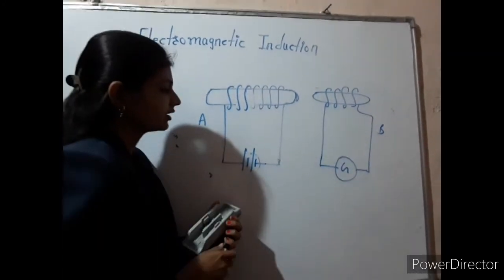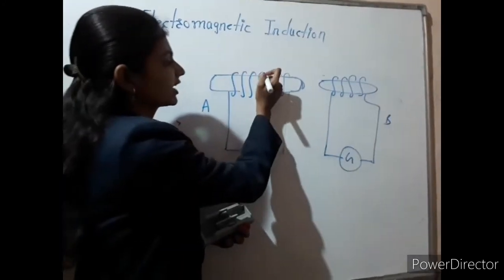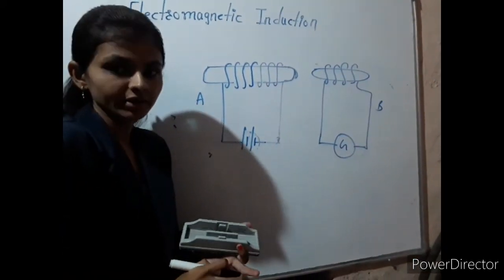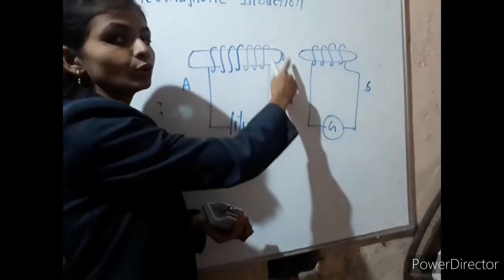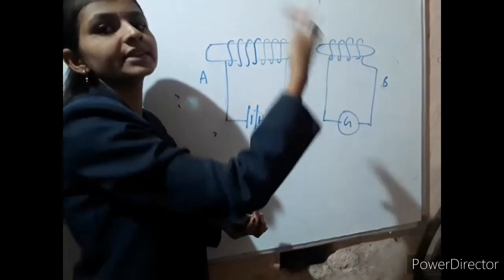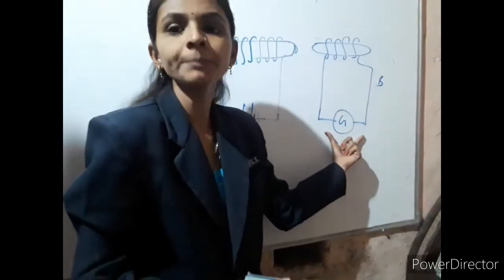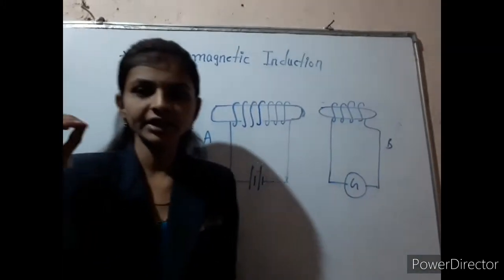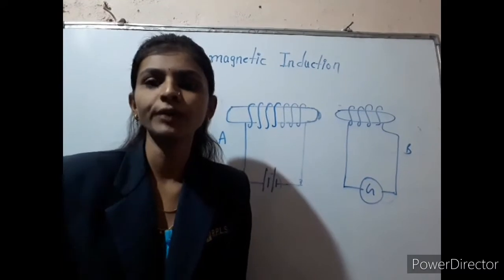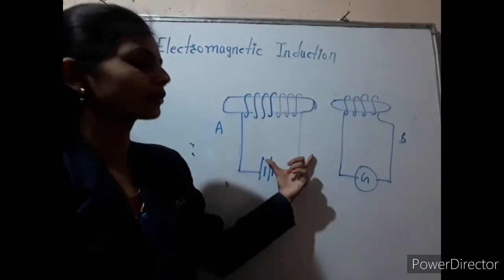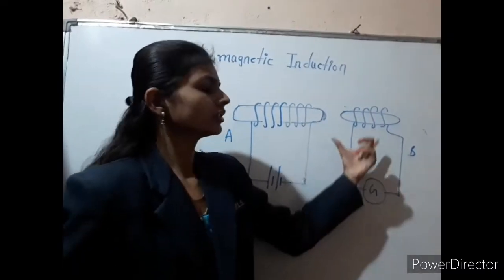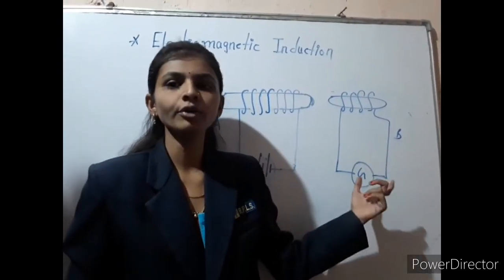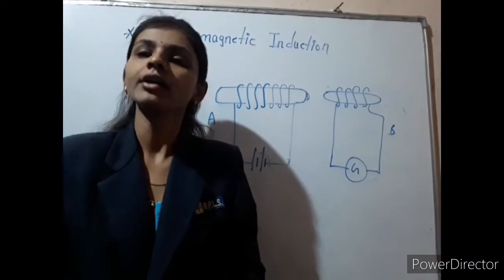When the current starts to flow, there is no current flowing through the second coil initially, but when the current is flowing, due to electromagnetic induction it produces current in the second coil, because we know that whenever current flows through a coil, it also produces its own magnetic field around it. Because of that, the current starts to flow through the other coil, and we can find this out by using the deflection of the galvanometer.